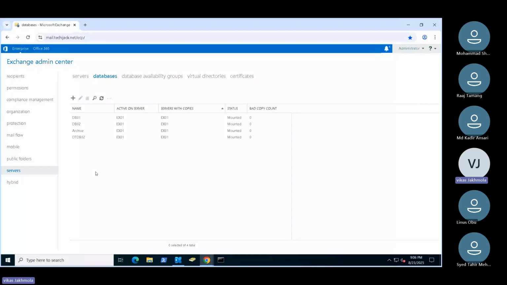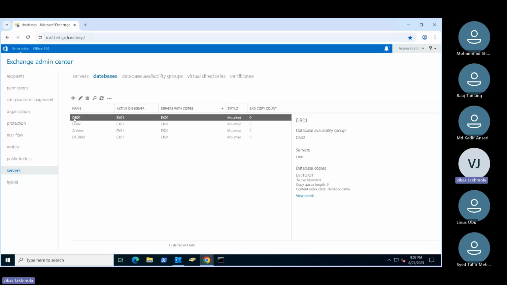So you say I will restore it from the backup. The restoring process of the backup, when you do that, will take time. It might be a big file, a 1 TB file. It could take 6 hours, 2 hours, 4 hours, or maybe 8 hours. So till that time, all the users' mailboxes inside DB01 will not be able to log in because DB01 is not available. But your boss says that there is a complete day, the total shift is 10 hours, and if we are down on DB01 for a complete 8 or 6 hours,